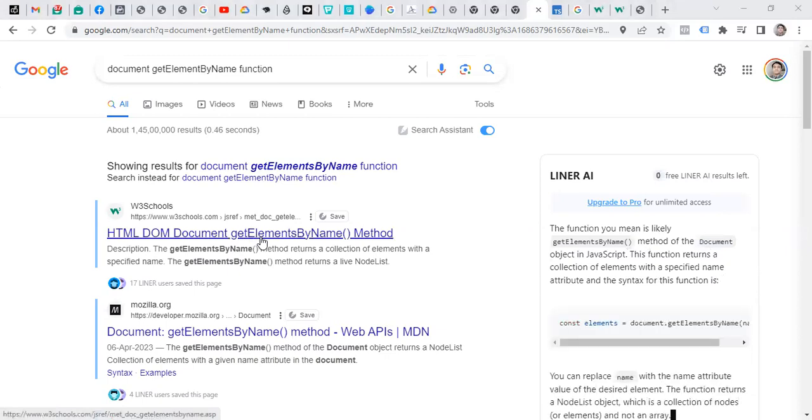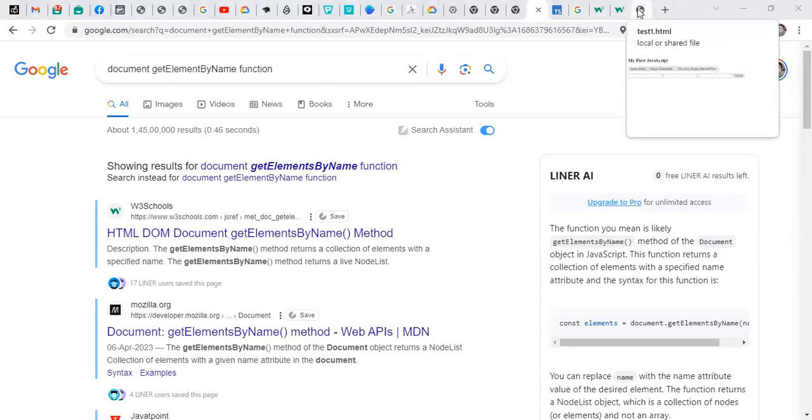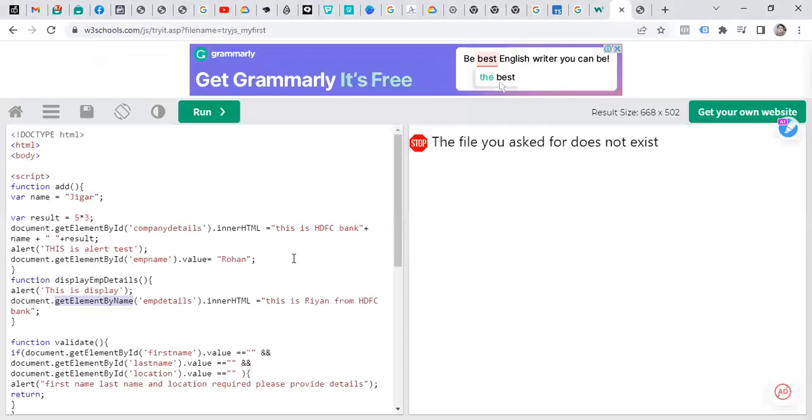It is saying dot getElementsByName. Okay, let's try one, or maybe just check it out here in the getElementsBy. Document dot